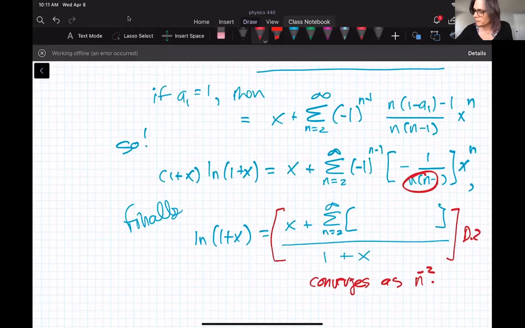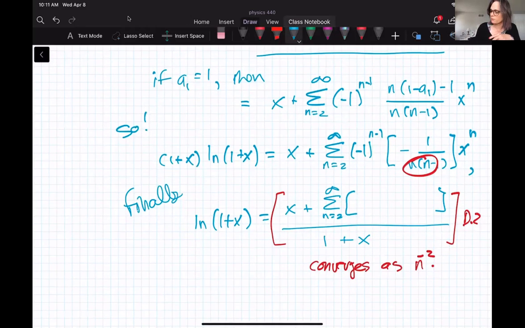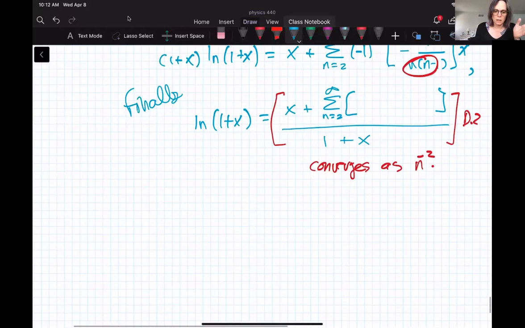So the point here, apart from all of this algebra, is that by multiplying both sides of this expression for a function, we can create a different series that converges faster. That is, we need to use fewer terms. Okay? And as an example of this, let's let x be equal to 0.9. Ln of 1 plus x in that case is